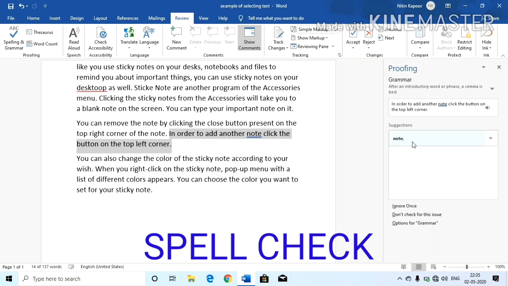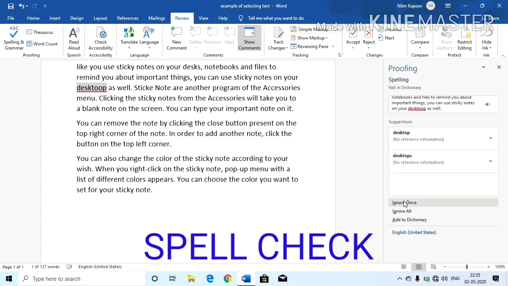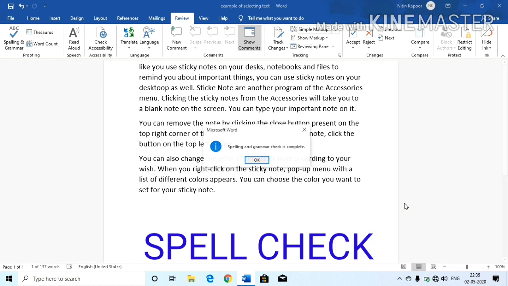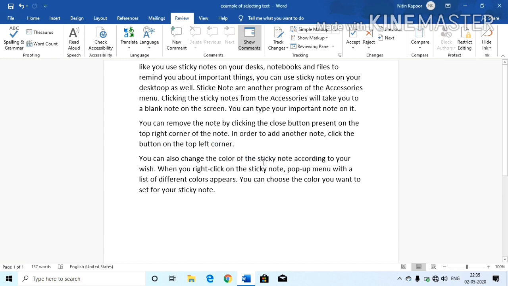To keep the spelling as it is, choose Ignore Once or Ignore All options. After MS Word is finished checking the document, it displays a dialog box saying that spelling and grammar check is complete. Click the OK button to close it.